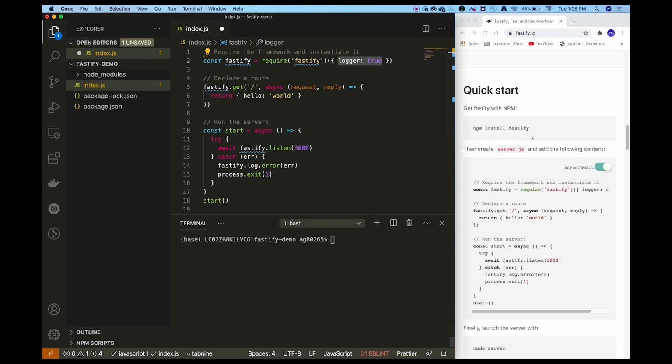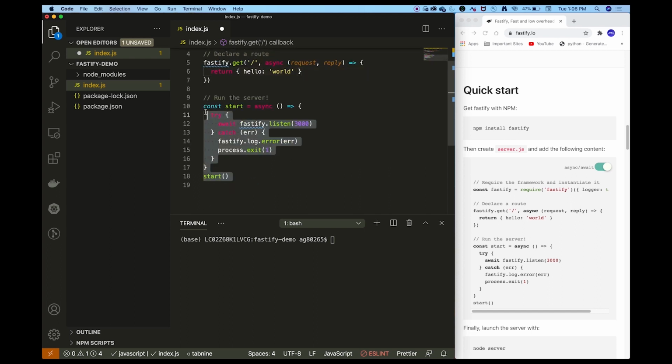For example, if a request hits our backend server, it will log that the request has hit a particular route. We have also created a basic route, which means a get request. If somebody makes the default request to our server, it will return this response. And we start the server using the fastify.listen method.